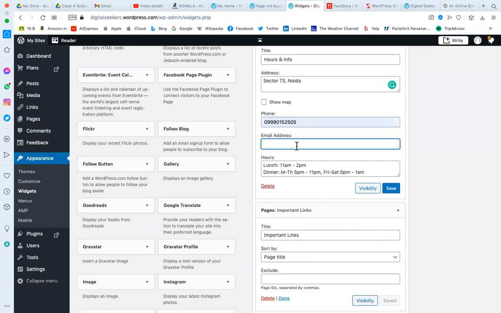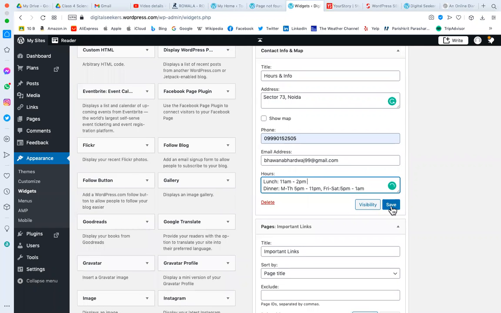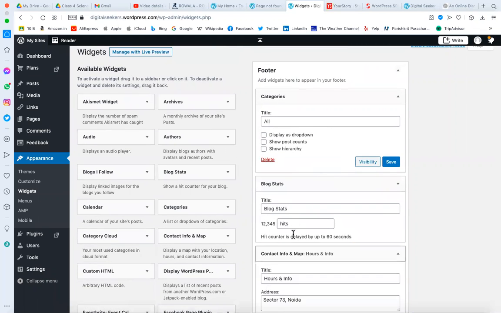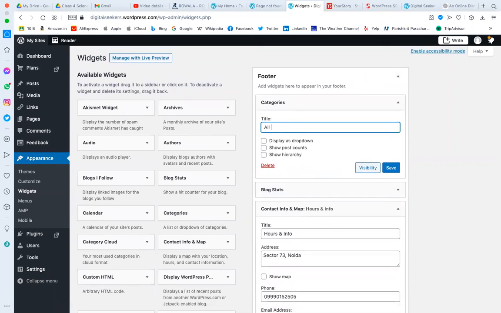Here you can write the email address. Here you can write the timing, so you can save it. So this is what you are displaying in the footer. It's already saved, done.